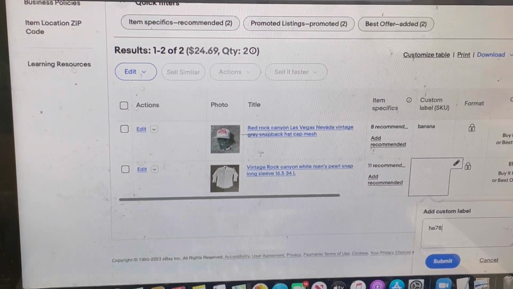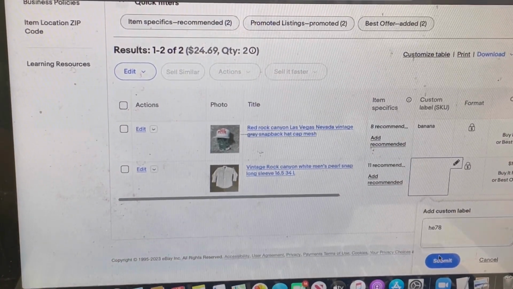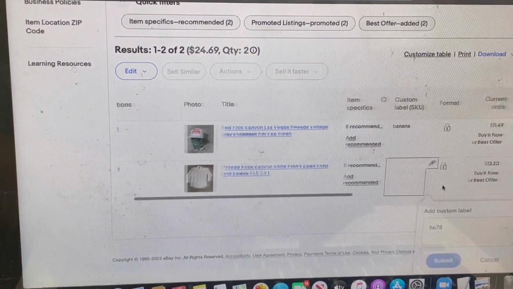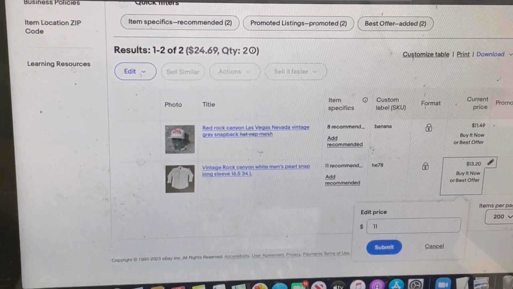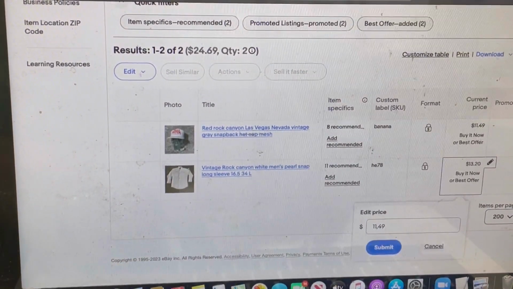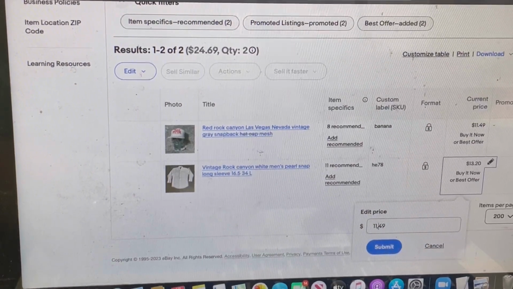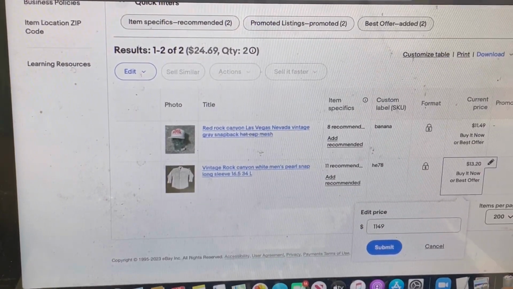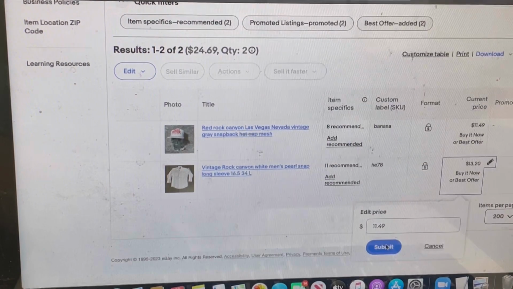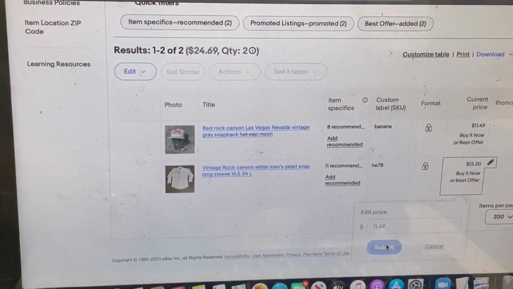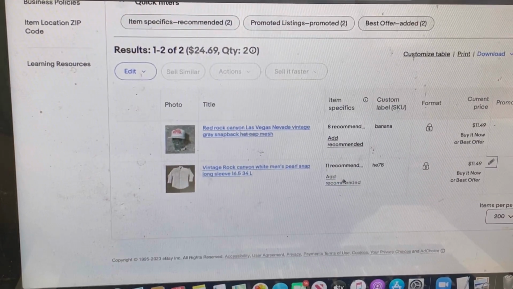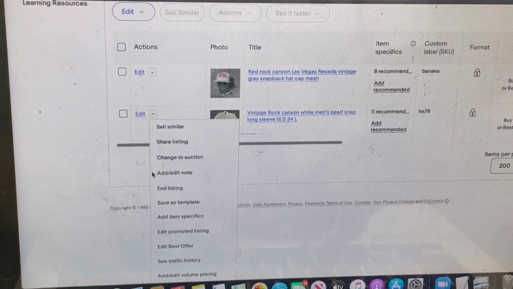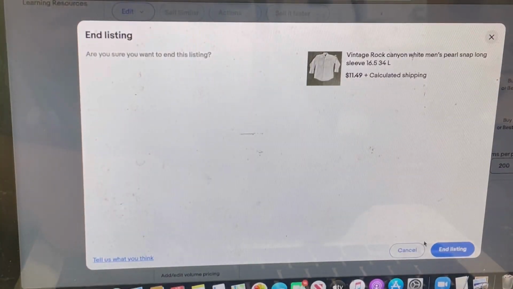So then I bring up this Rock Canyon shirt, and here I'll add, because I can add it so much faster in this screen than I can add it in the other screen. I think I'm going to do 11.50, just kind of an arbitrary number. I think I did a comma, not a period there, to lower the price some and to renew this listing. So now I've updated the regular listing, and then I'm going to end it